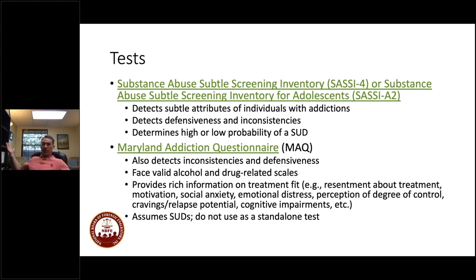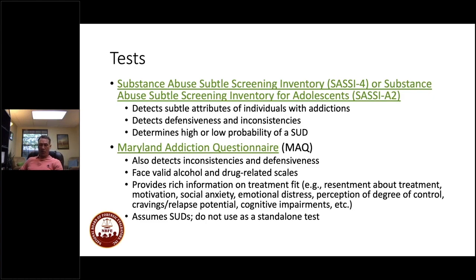So for some reason, there are items that people with addictions tend to answer differently than the rest of us, for reasons we don't fully understand. And the SASSI-4 has a scale for that. It also detects defensiveness and inconsistencies, and ultimately whether there's a high or a low probability of the client having a substance use disorder. This is the gold standard test for forensic work, in my opinion, but I supplement it